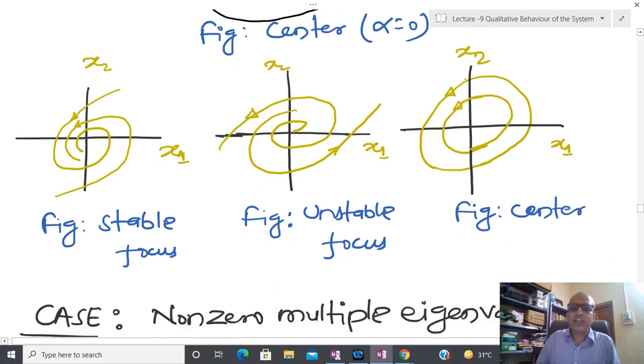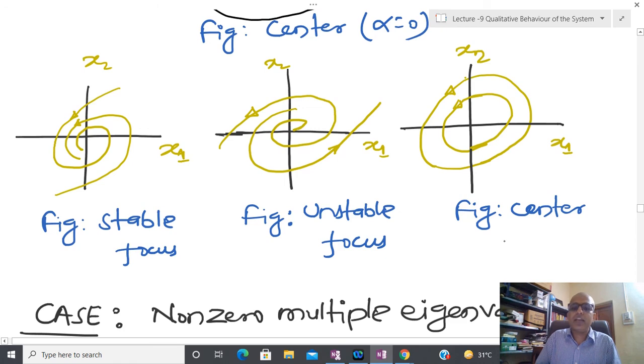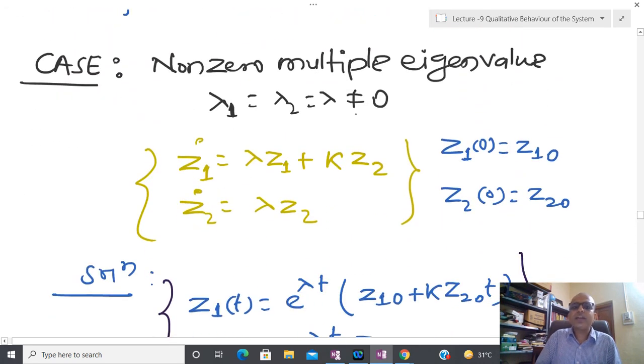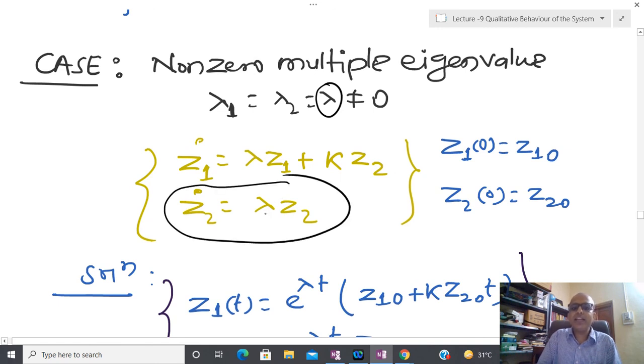And this is the plot in x1 and x2 axis. Okay, now let us come to the third case, that is the last case. What happens if both eigenvalues are equal? It is possible to show I have an equation like this. So at least one equation is fully decoupled, you can see the last equation is fully decoupled, and then again if